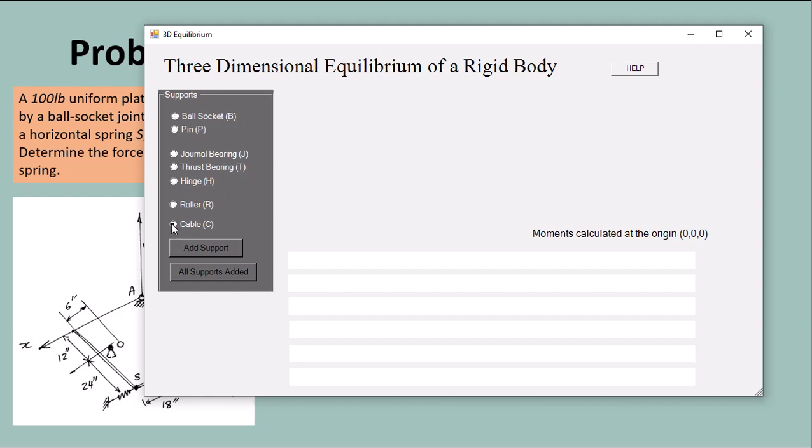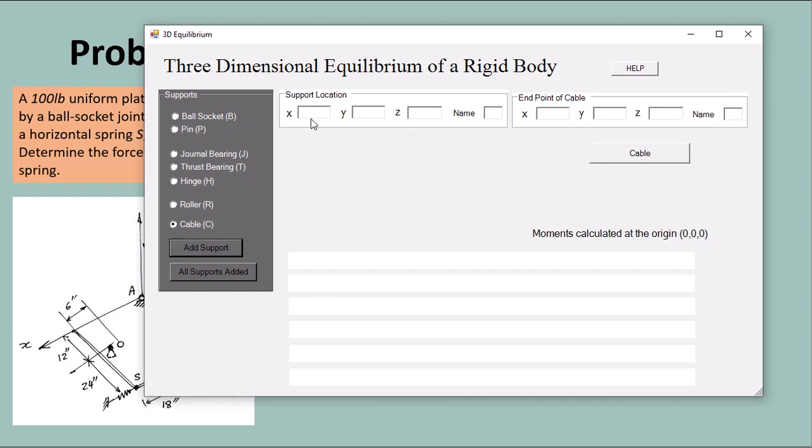First we pick a cable, add the support. Start location is 18, 36, 0. The name is E. The end point of the cable is 0, 16, 0, and the name of the endpoint is F. We add the cable, then we add the ball socket,